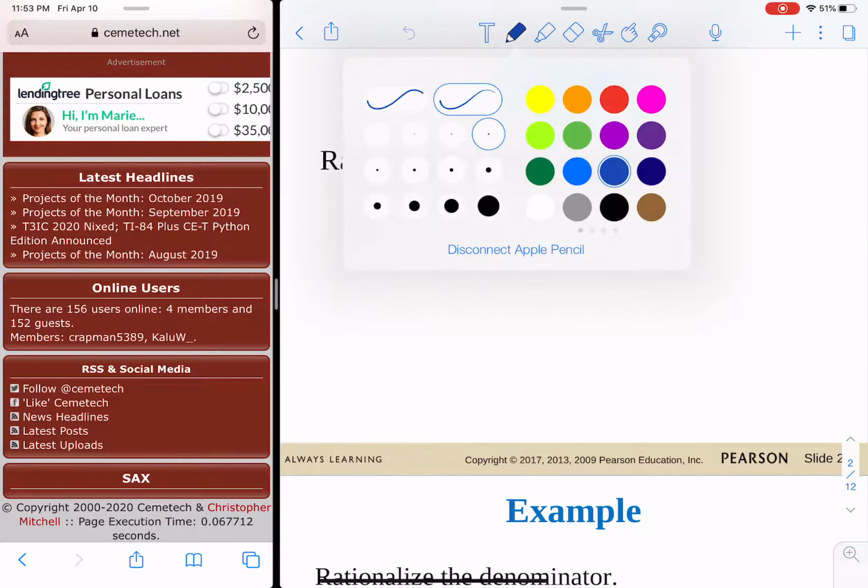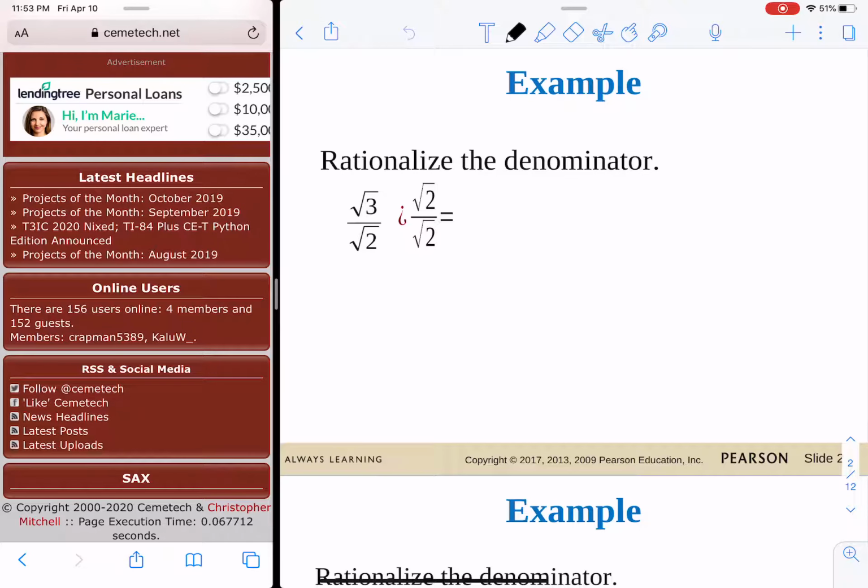Here we want to get rid of the root 2 in the denominator. So what we do is we multiply and divide by root 2. So we would end up having square root of 3 times square root of 2 divided by square root of 2 times 2. We can combine the roots in the numerator also, which would give us square root of 6